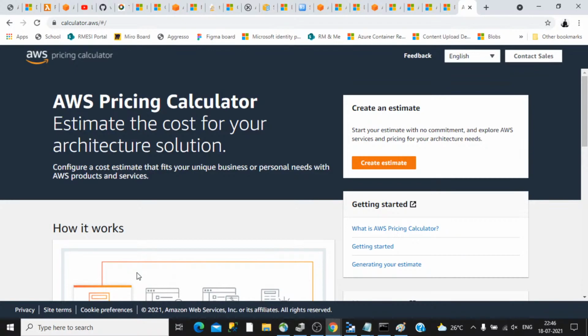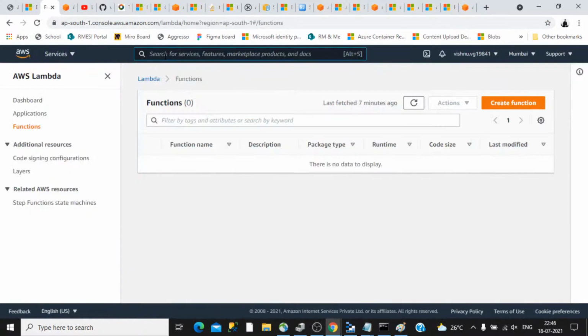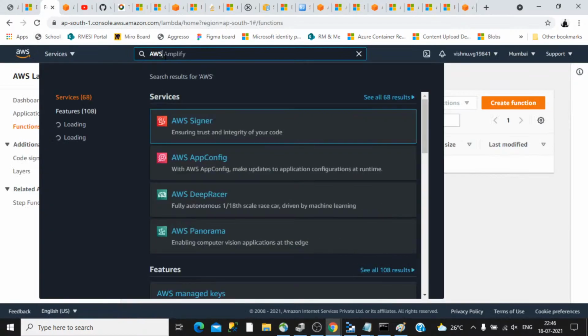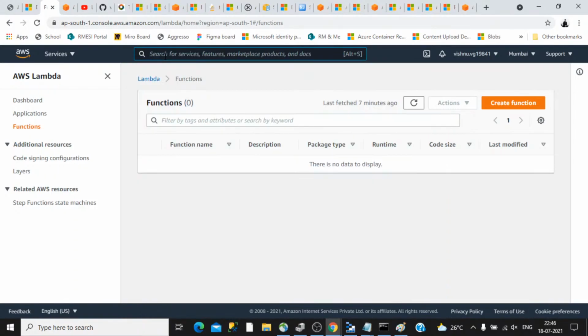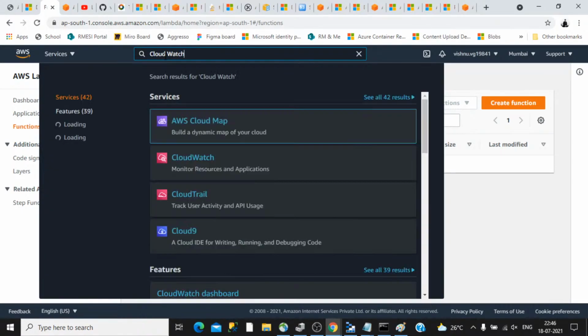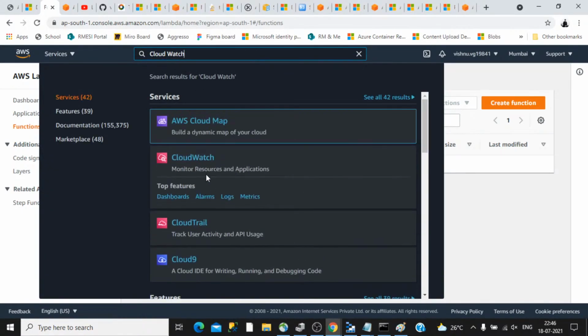Let's look at the equivalent of Azure Monitor, which was earlier called Azure Insights. Let's see how Azure Monitor looks in AWS, and we can wrap up the session. In AWS, let's type CloudWatch.